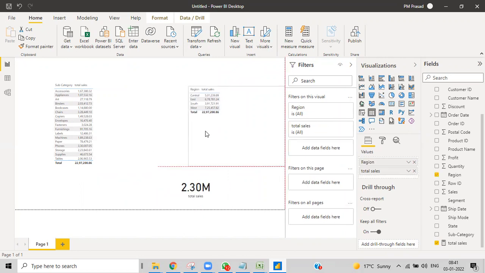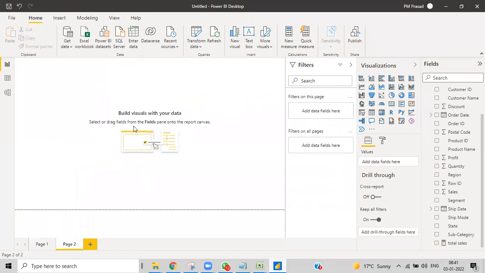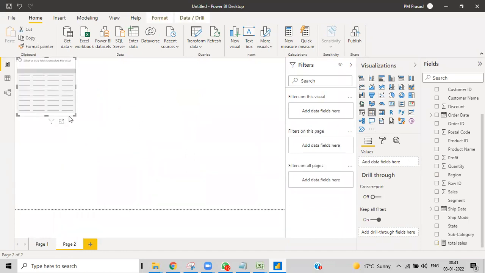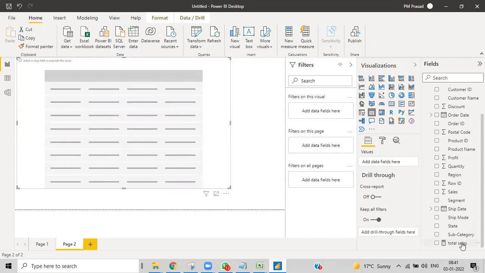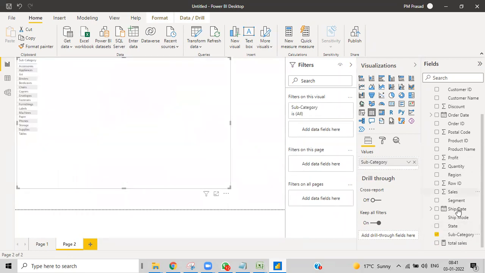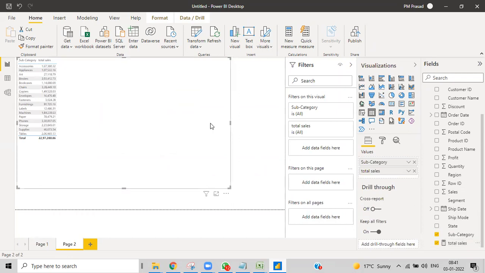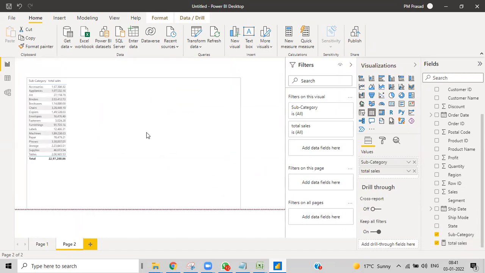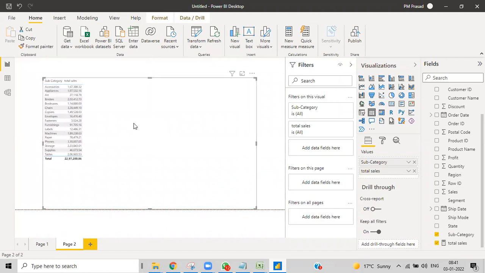So let's keep these things aside. Right now I want to go with a new table, and here again categories, sales. Okay, so I got this. What if I want to check the percentage of accessories within all the sales, meaning how much the accessory sales are within the total sales, as a percentage or difference? Can we calculate that right now? Yeah. Okay.